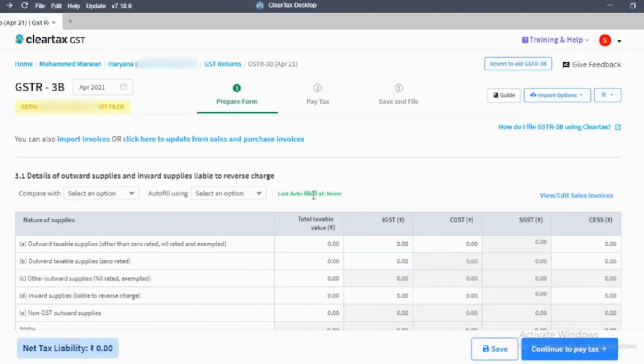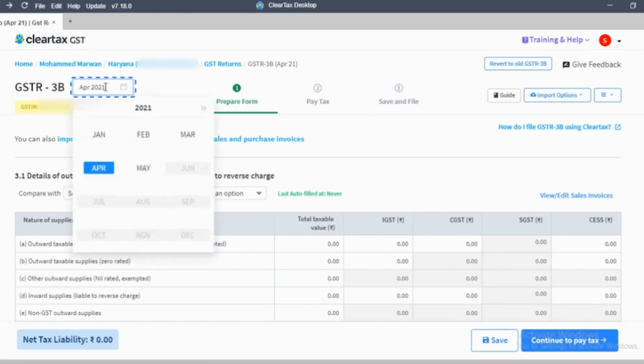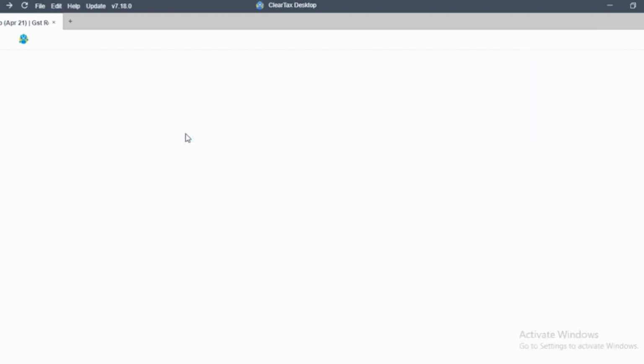This is how the page displays for GSTR 3B in ClearTax. At the top left side, GSTR 3B will show the return month we are filing for. This may be selected accordingly for which return period 3B needs to be filed. Let's click on March 2020-21.